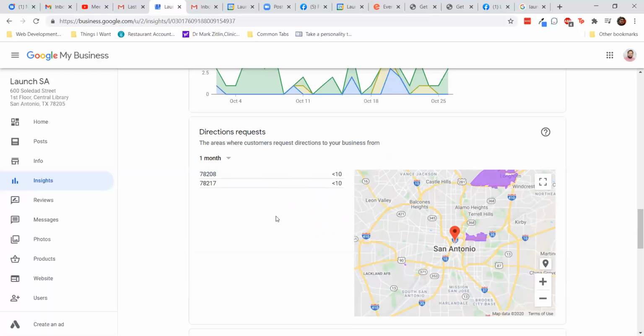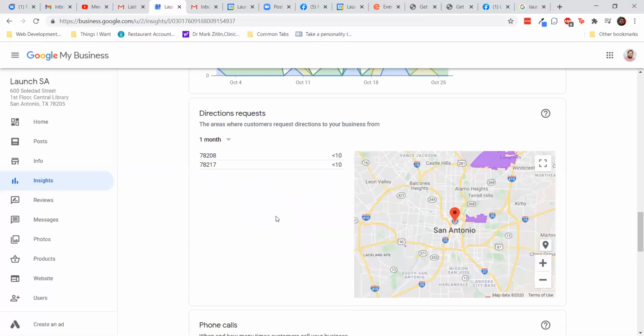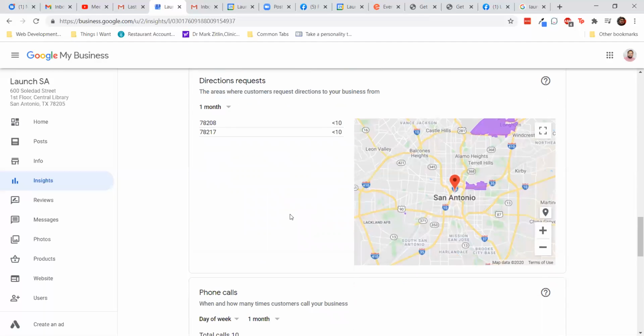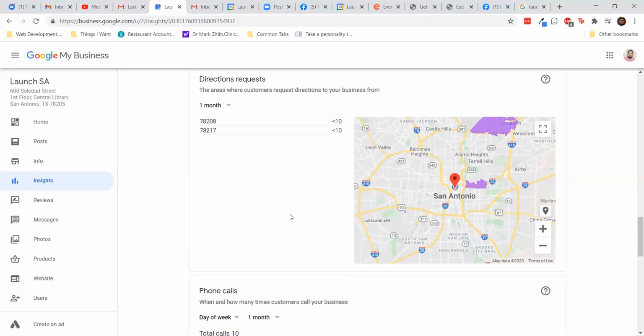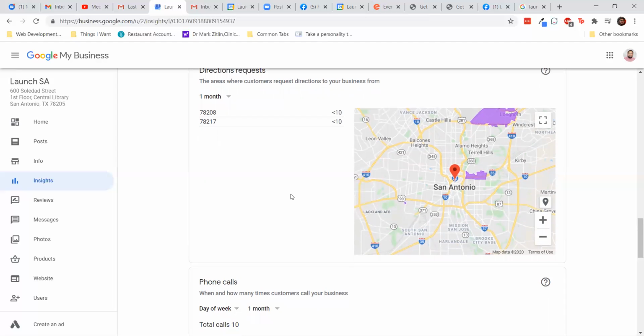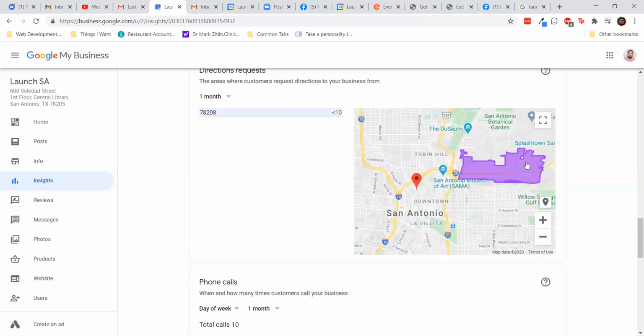And then you'll also see, as people select getting directions, what side of town they're coming from, and you can start to build out a thought process that surrounds, how do I get more specific in promoting to my customers? So that might be geographic. That might be, if you're thinking about promoting, and you see that, hey, there's a lot of people that seem to be finding me in a specific area, maybe that influences your physical promotions,